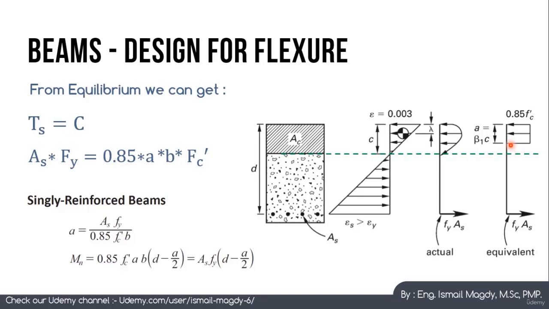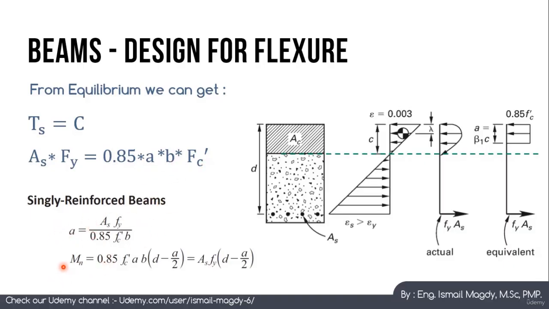Actually, it is not the depth to the neutral axis, it is the depth of the compression rectangle itself, because we know that c is the real depth to the neutral axis. However, we have converted it into a to make it easier to deal with, because it is a rectangle shape. So a equals area steel Fy over 0.85 fc' b, and